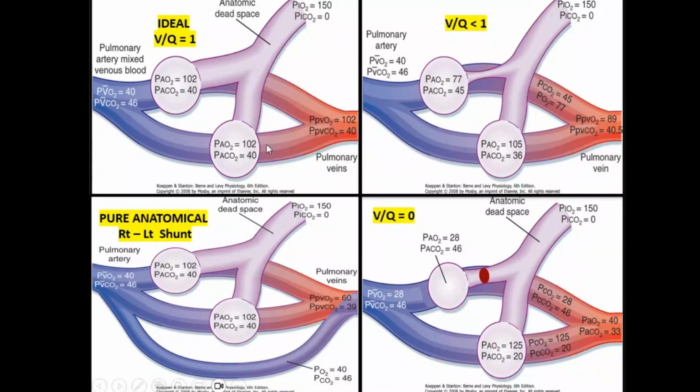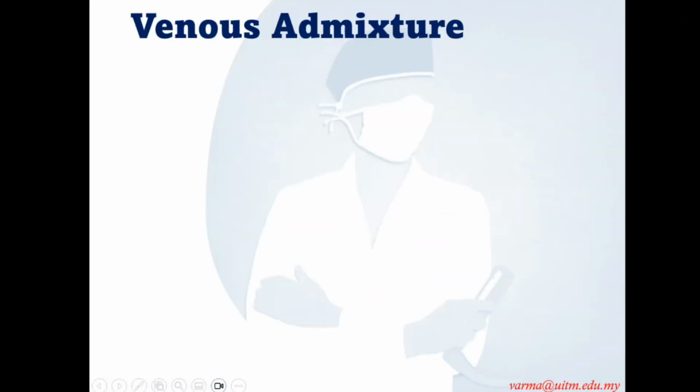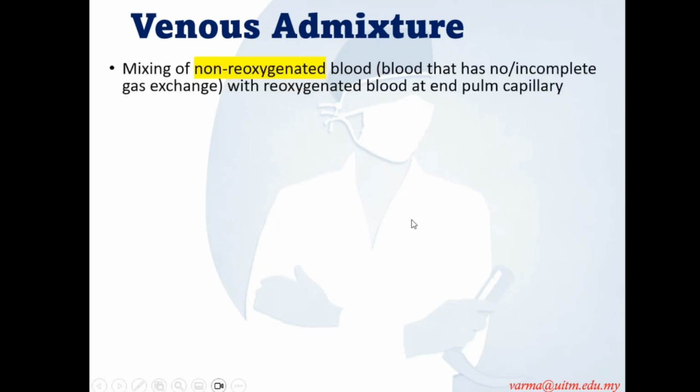So this is the difference from VQ mismatch to dead space ventilation, VQ mismatch to pure shunt, and also the reduced ventilation, alveolar hypoventilation situation. What that brings us to is the concept of venous admixture, because there is some confusion regarding the words venous admixture and shunt. Shunt is actually a part of venous admixture. So what does venous admixture mean? It's a mixing of